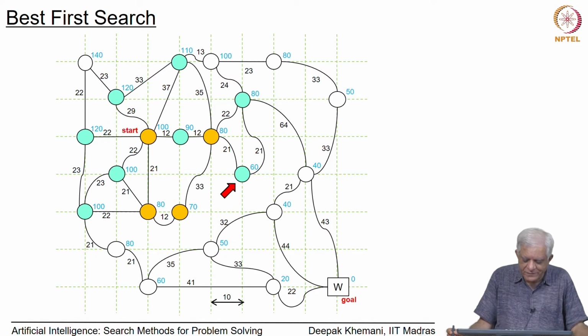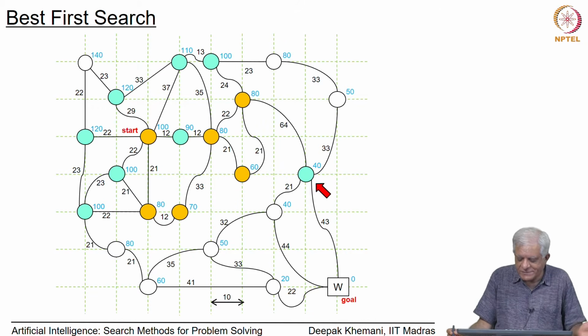this neighbor with a value 60 appears to be closest to the goal, and it does indeed appear to be closest to the goal, except for the fact that there is no edge going from there towards the goal, and that we observed could be because, for example, there was a river running across that part of the thing. So, it does expand that node, but it does not find any new neighbors. So, it shifts its attention to this node with a value 80, and once it expands that, you can see